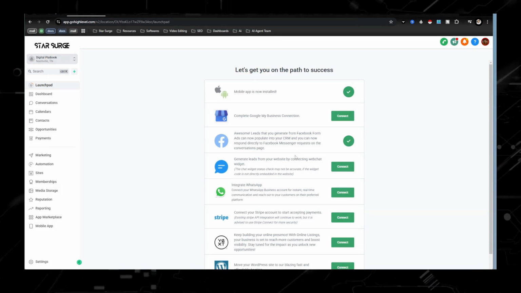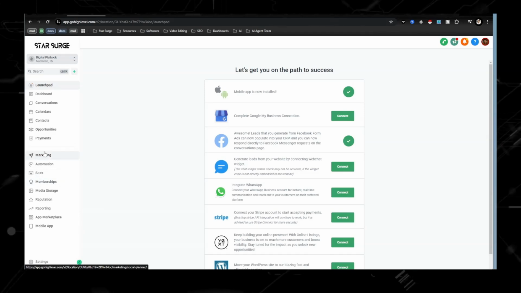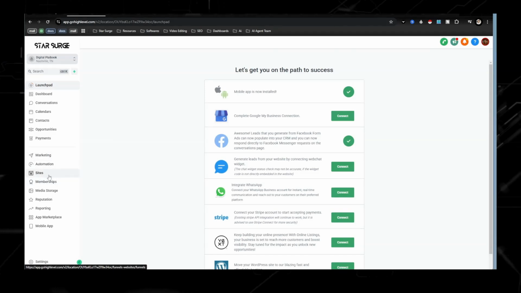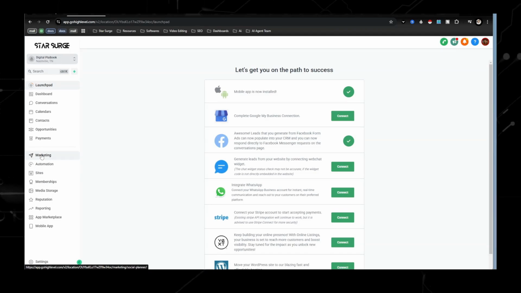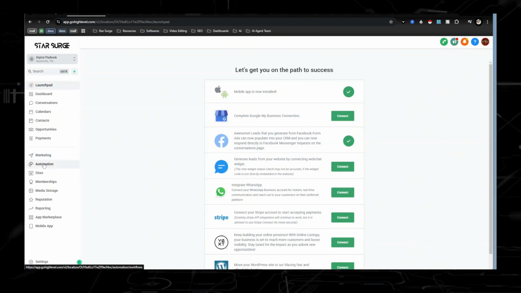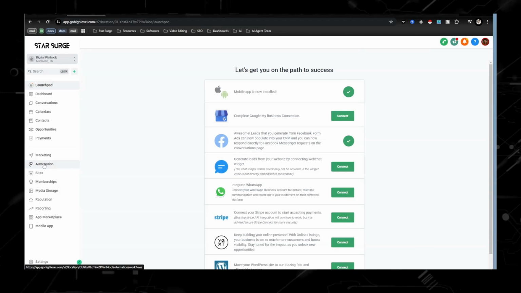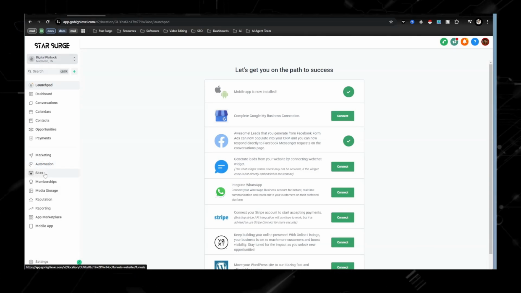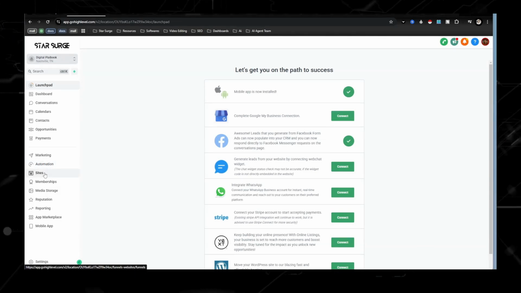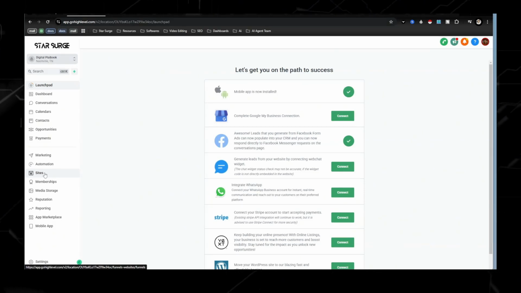You don't need to really worry about anything over here. The three main areas that we want to focus on are going to be marketing, automations, and sites. Marketing is where the social planner is going to be, where we're going to be able to schedule out our content for weeks, months in advance. Automations, this is where we build out the email sequences that we're going to be able to send out emails on autopilot. And sites, this is where we build out our funnel that's going to allow us to get people's first names and email addresses, which is then going to allow them to get put into our automations.